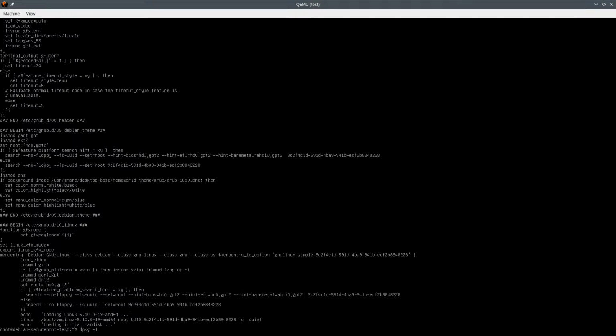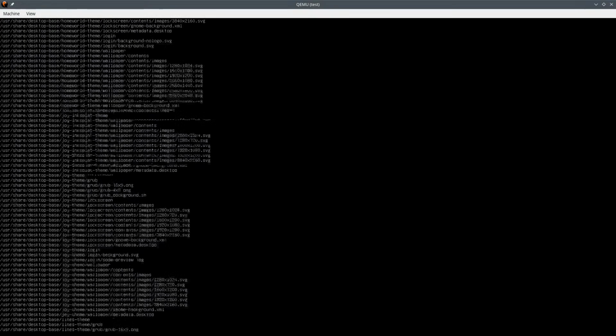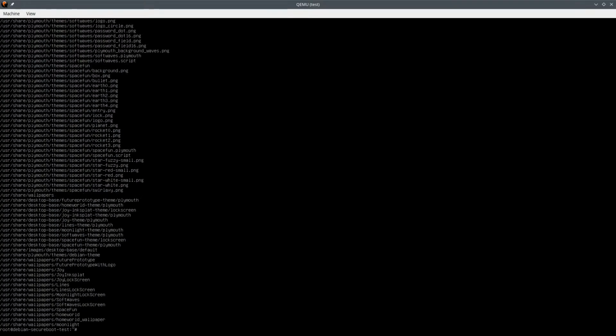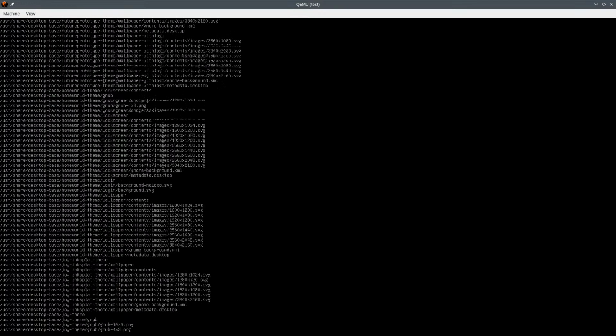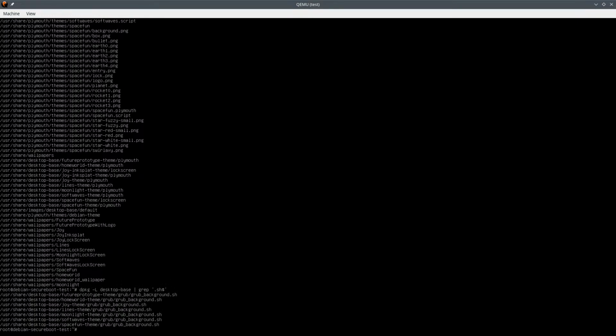So this desktop base thing has, yeah, with minus capital L. This has some scripts that I want to take a look at to see what they are, if they are related to maybe like this. No, I'm not doing this. Oh yeah, like this. Okay,